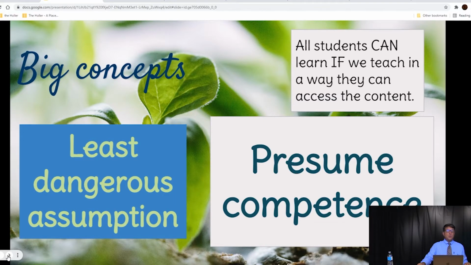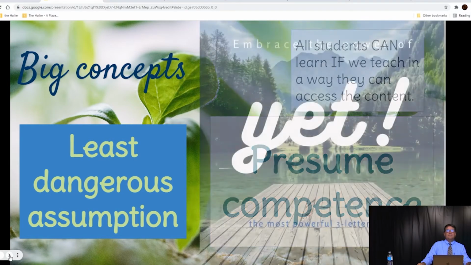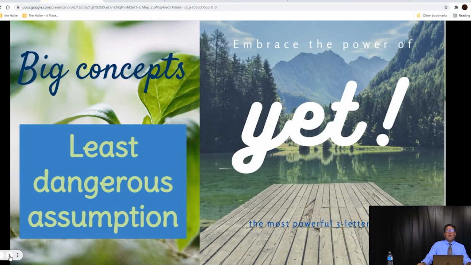So we presume that we have competence, and that if we can teach in a way that we can provide access to the content, then the students will not need to be alternatively assessed. So we embrace the power of yet, the most powerful three-letter word in the English language, in that we are going to continue to work with students to provide this access, close these gaps, give them the assistive technology that they need to close these gaps and to provide this access, and that we are eventually going to get there